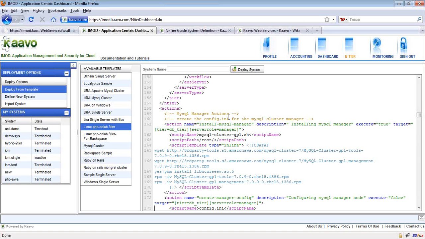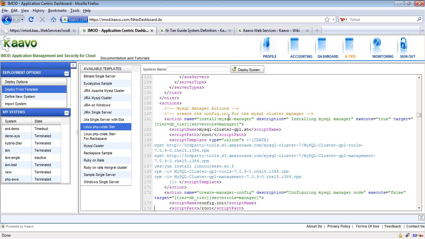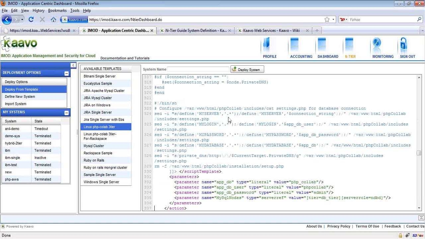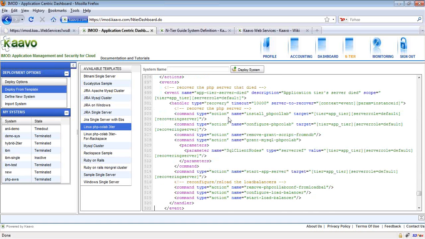And as I already mentioned before, launching the application involves provisioning the servers in the cloud and installing and configuring software and doing other tasks like configuring firewalls. At the further bottom section of this XML, we can define a number of custom workflows.